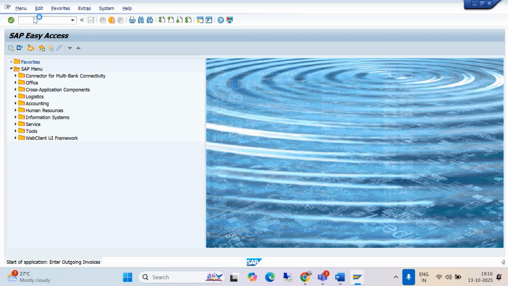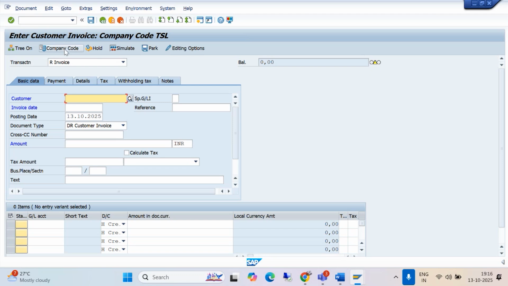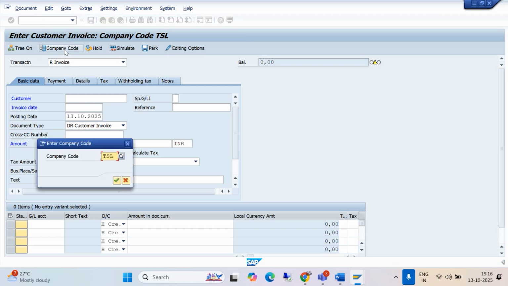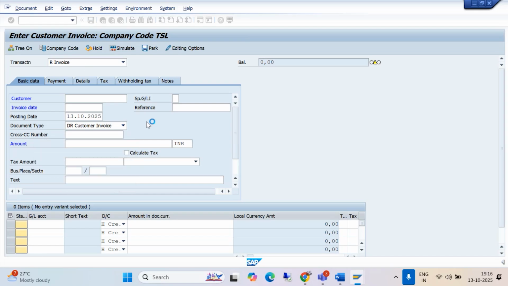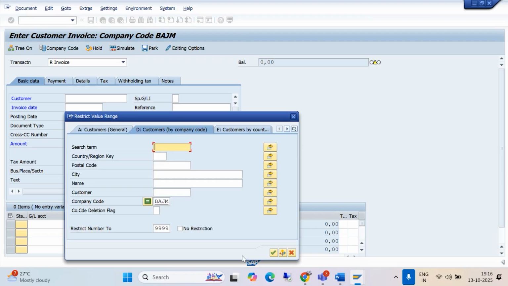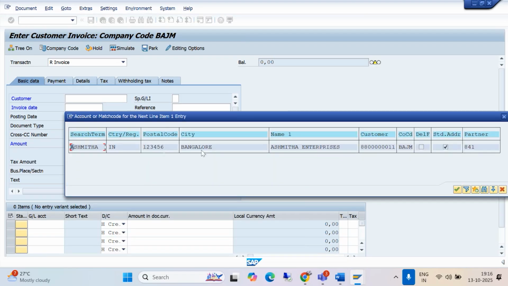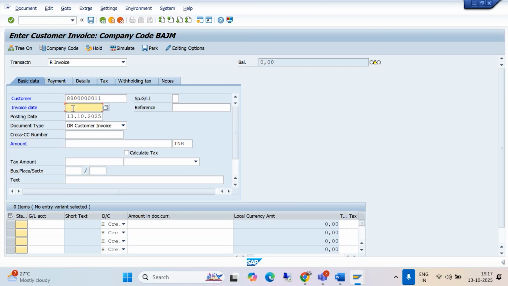Just press enter. And if you see here, the company code is our company code BAJM. Just press enter. So if you see here, choose a customer. The customer list will appear, so within the customer, you choose one of the customers. Our customer is Ashmita Enterprises. The date is today's date,